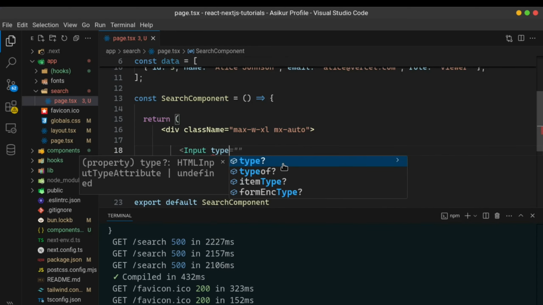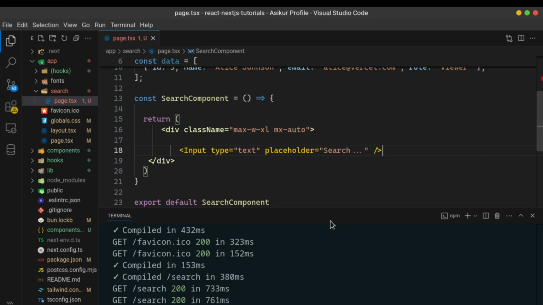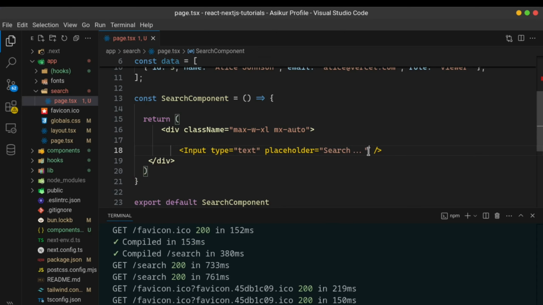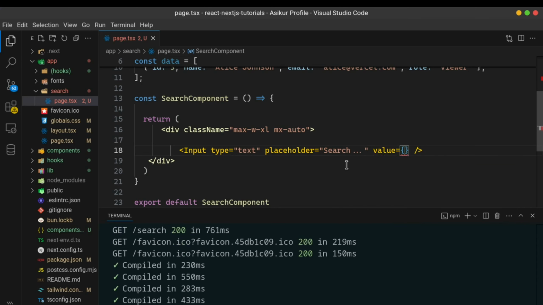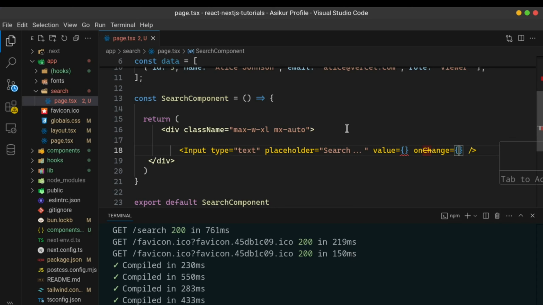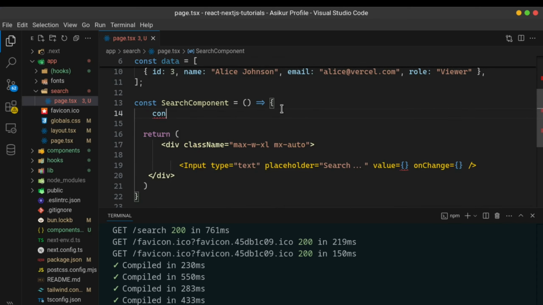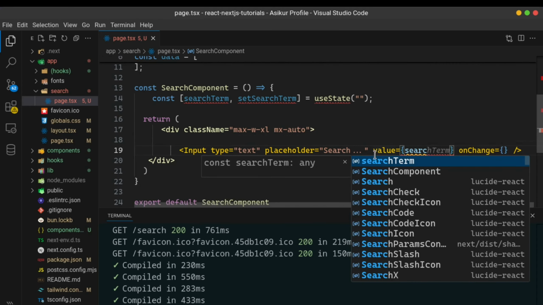Type is text, placeholder charts, and value should be empty for now, and onChange, whenever we change, we need to track or keep our value in a state for use in the search functionality. So search term,